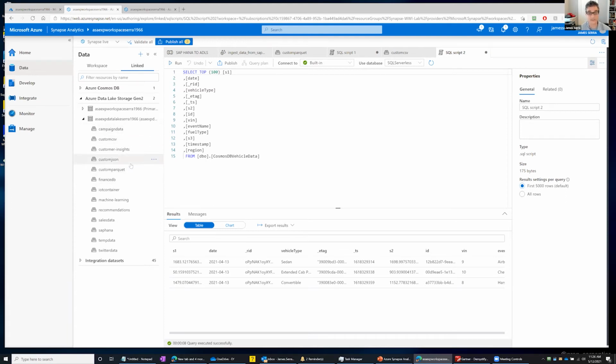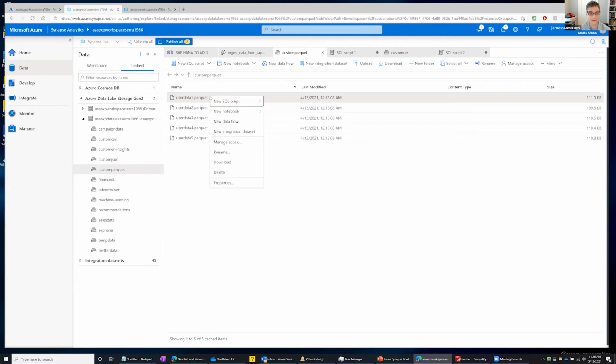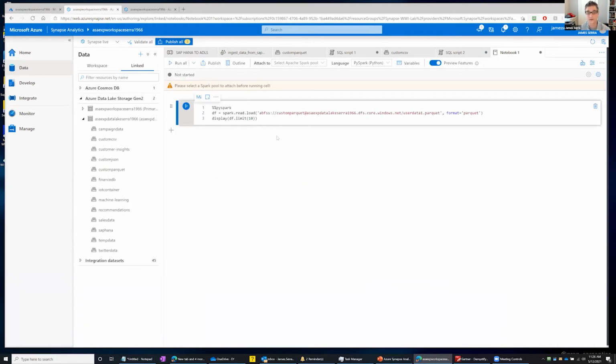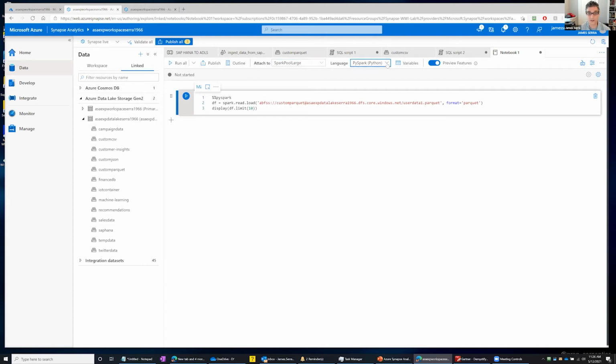Now, if I want to look at something that's in the Spark world, if I go back to my Parquet and I right-click this, you'll see I have a new notebook and I have a load to data frame. So what this is going to do is give me a shortcut into using a Spark notebook. You'll see here, I choose a pool and then the language I want to run it in.